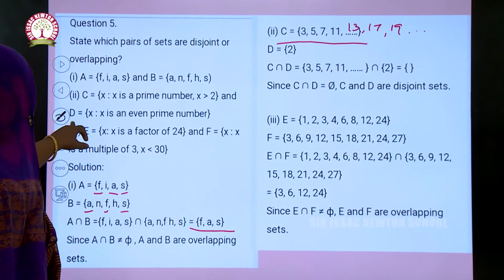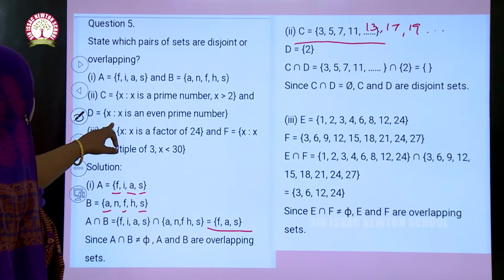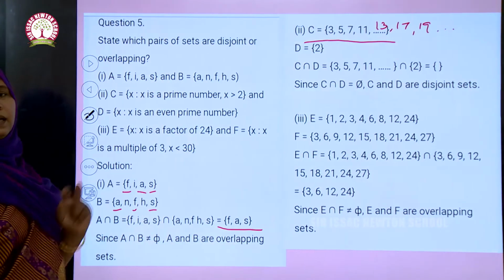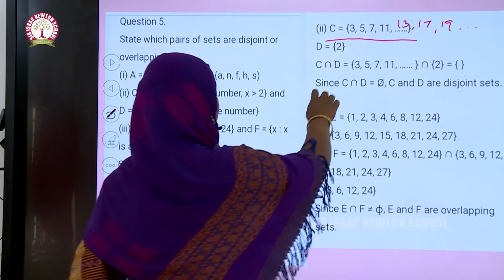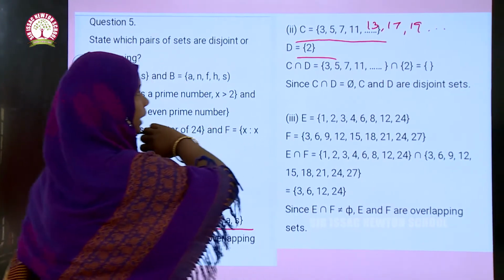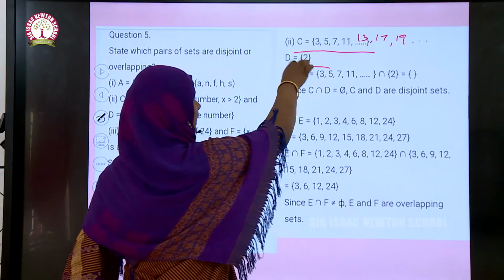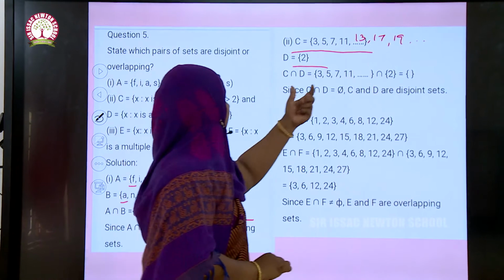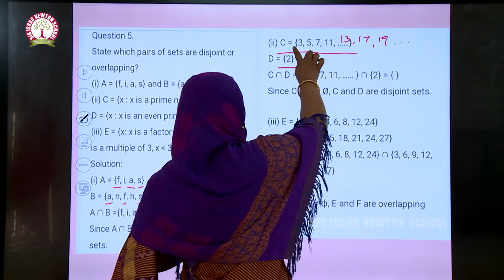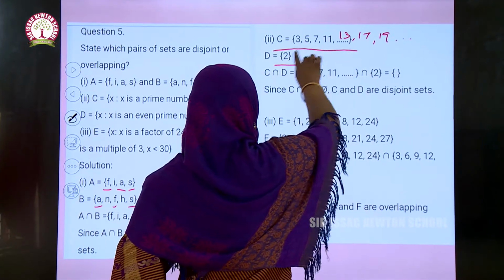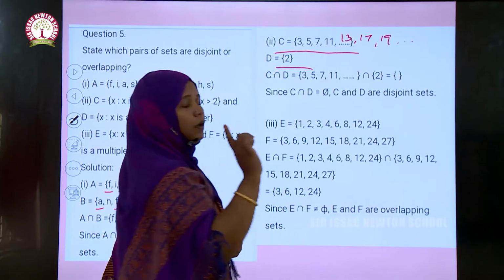Now the set D is equal to the set of X such that X is an even prime number. Which is an even prime number? You all know the only even prime number is 2. Now check whether the sets C and D have an intersection. C has elements 3, 5, 7, 11 but D has only one element,